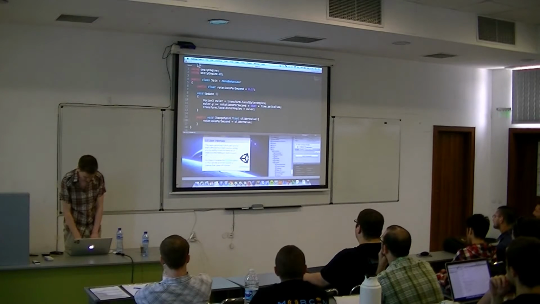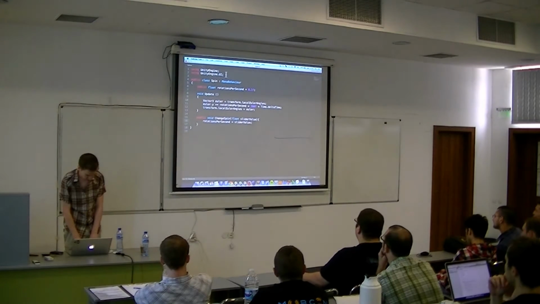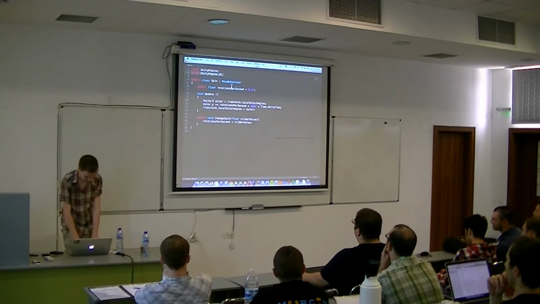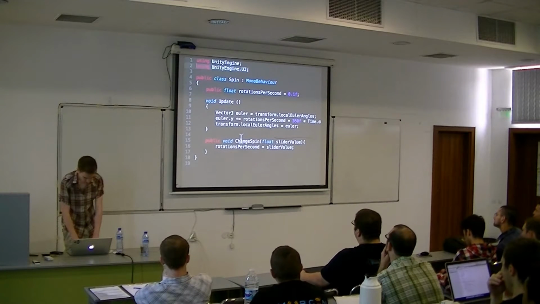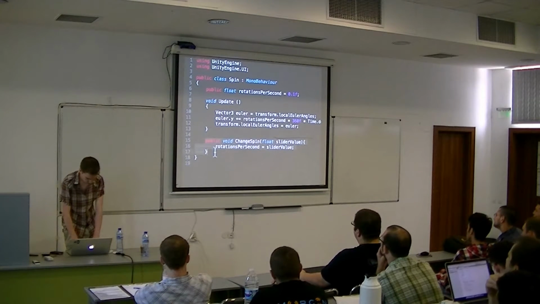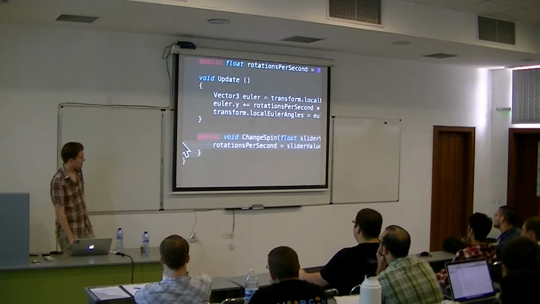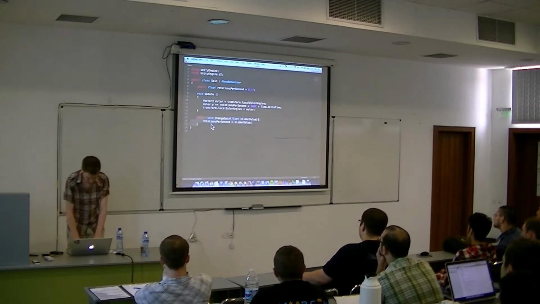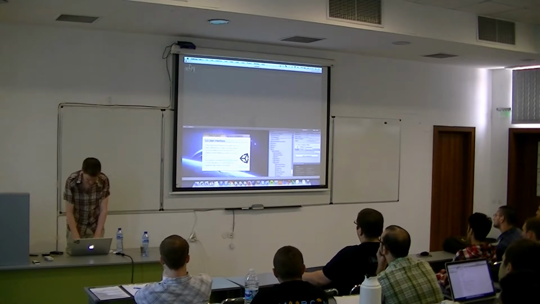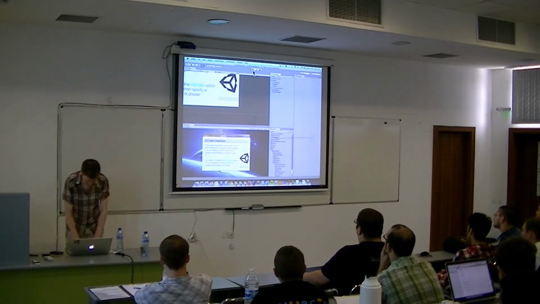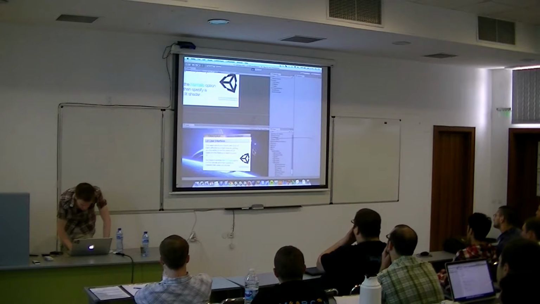The spin script looks like this. So what you do is you extend using the Unity engine UI. We have a public function called void change spin. We pass in the slider's value as a float, and then we just change the rotation per second. Nice and simple, nice and easy. So now what's going to happen is as I change the slider, well,